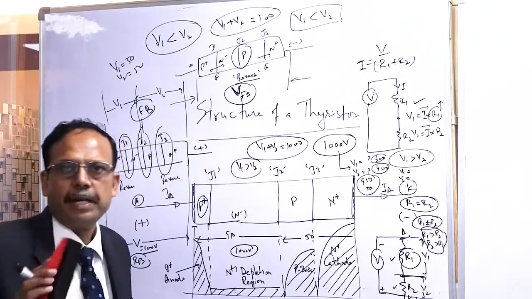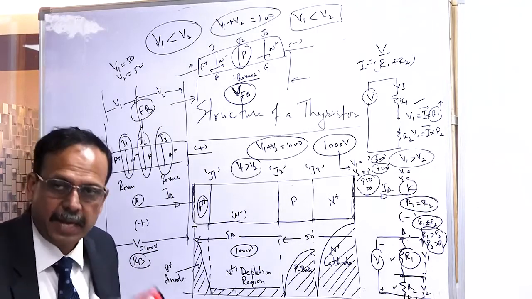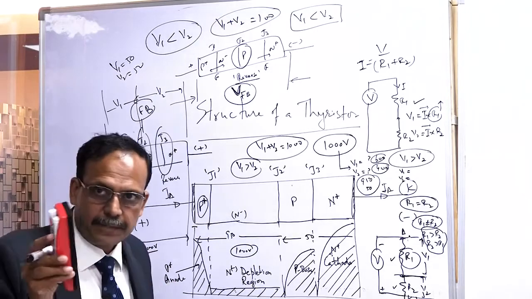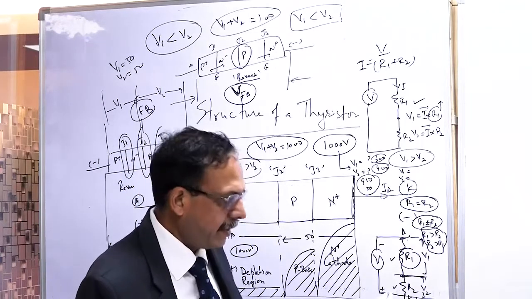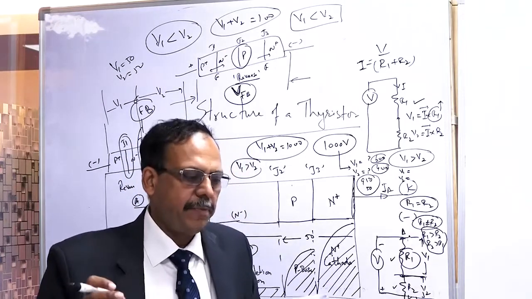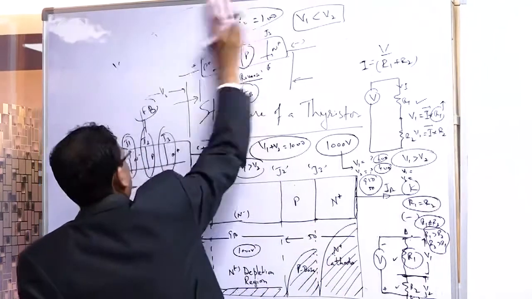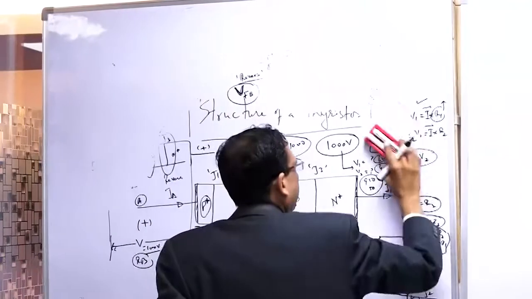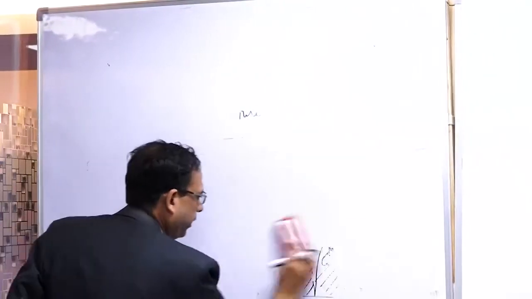Shall I rub it? I am going to rub, and then again the problem which I had given you last time, I am going to do it, and after that we can have a break or we can continue. Let us see. Okay, so I had given that when a cathode of the thyristor is made more positive than its anode, it means what actually? This was the question I had given. Please, if you are recalling, translate that into what I just explained.